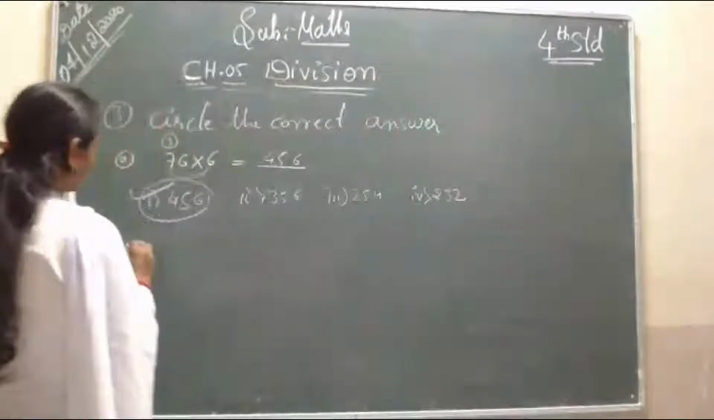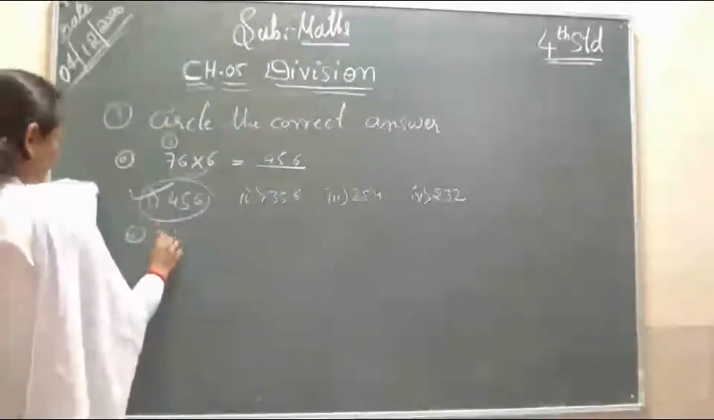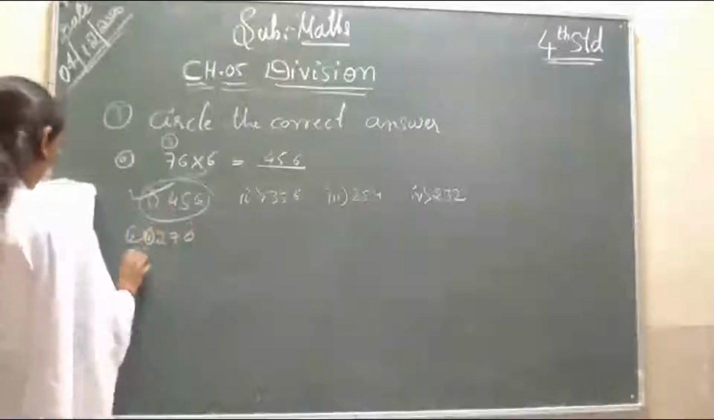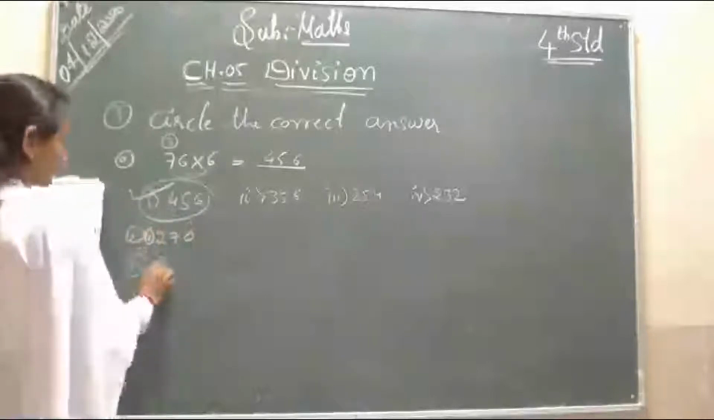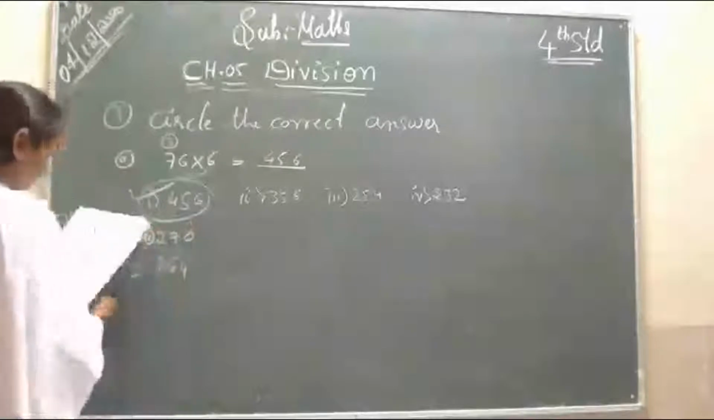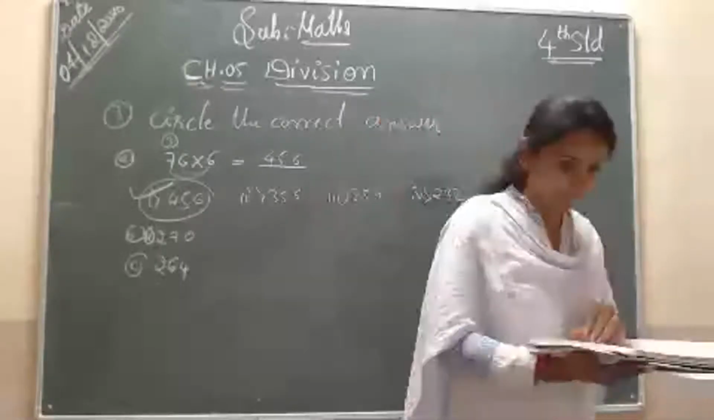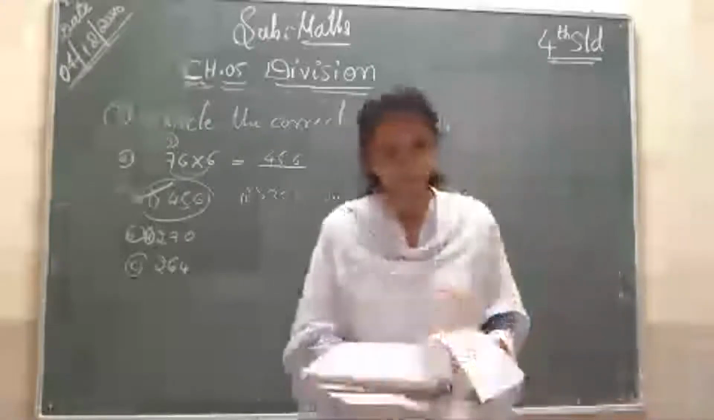This is the first one. In B1 the answer is the fourth one, 270. C1 is 234. Students, the next question is very easy. Divide, which we did in previous classes. So divide means